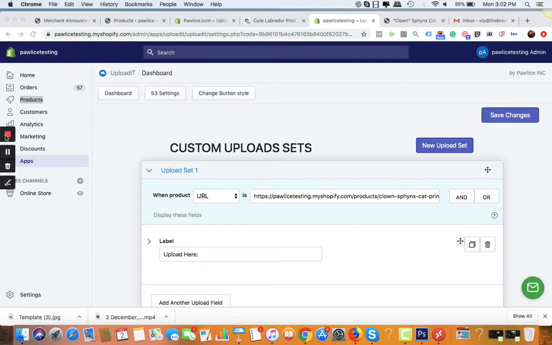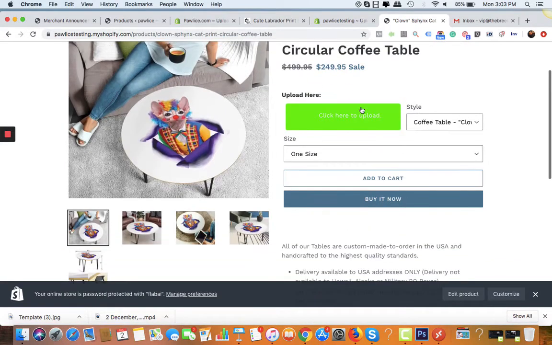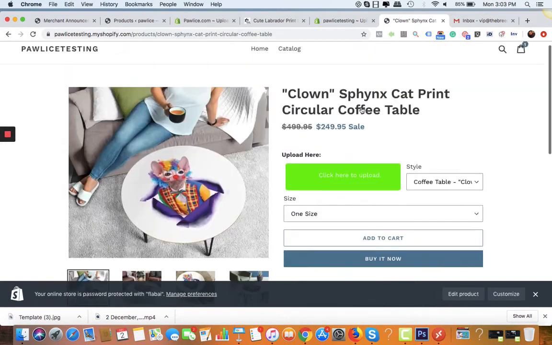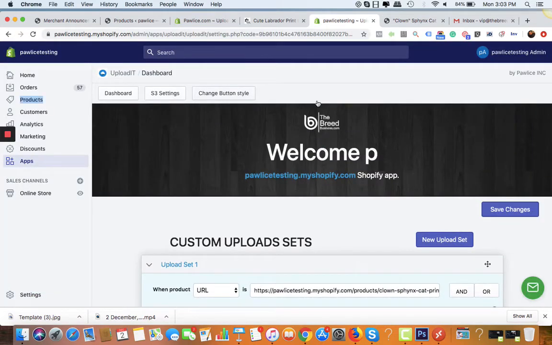So in the last video we learned how to upload and how to accept uploads from your customers using the UploadIt app. As you can see, we have a nice upload button here, and in this video I'll show you how you can actually change the style of a specific button. Alright, for that simply go to change button style,